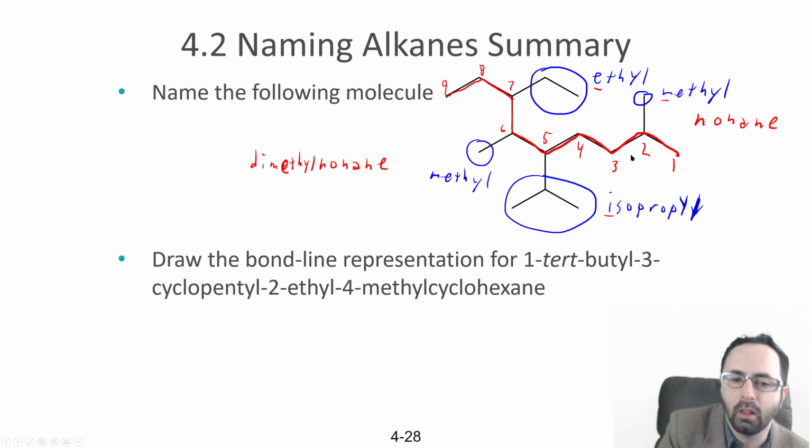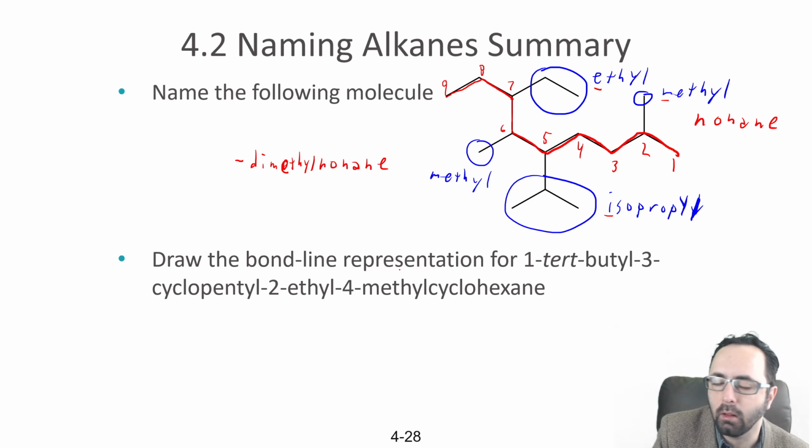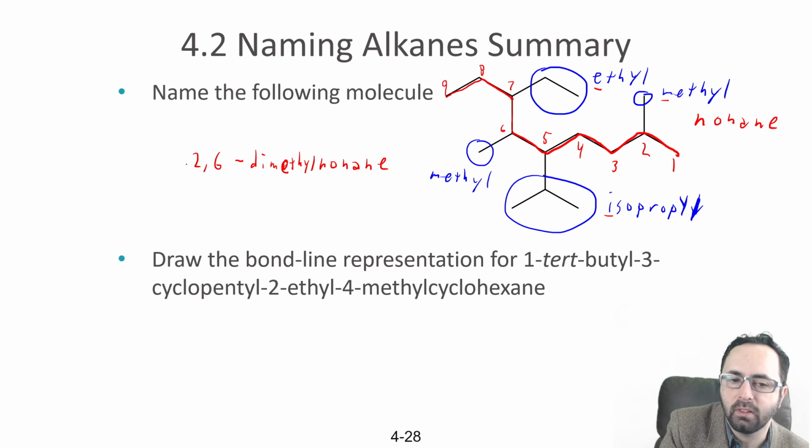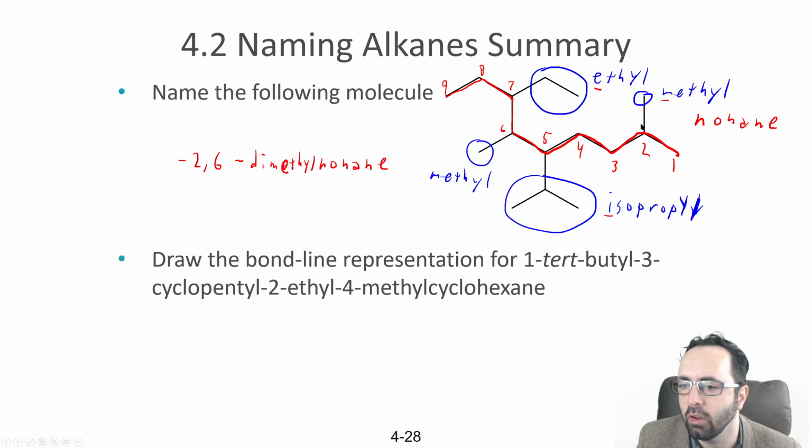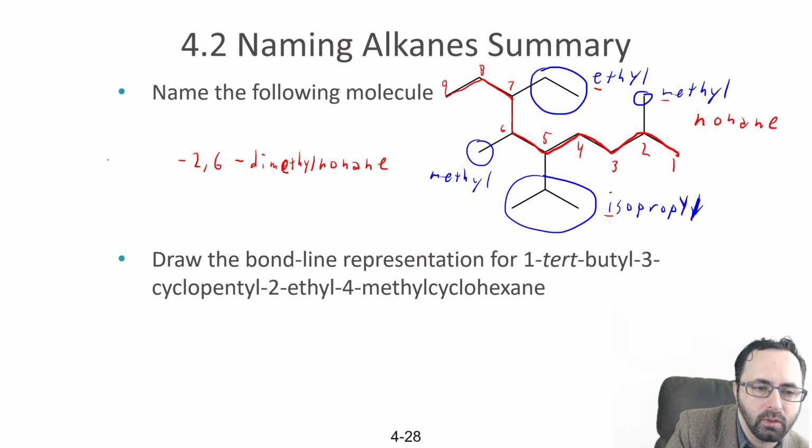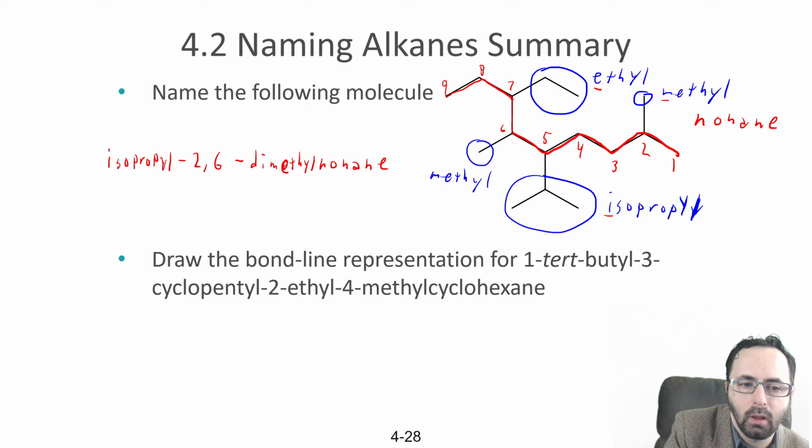Next, we're going to put the locants. We always separate the locants from the words with a dash, and the locants are going to be 2 and 6. We're going to say 2,6, and then we're going to put another dash. So 2 for this methyl branch, 6 for this methyl branch. Then before that, ethyl will come before isopropyl, so we're going to do isopropyl. And then again, notice as a dash, we never let the numbers touch the letters.